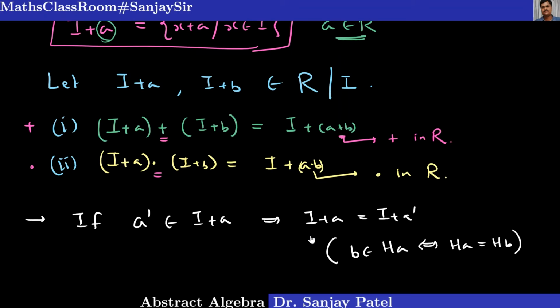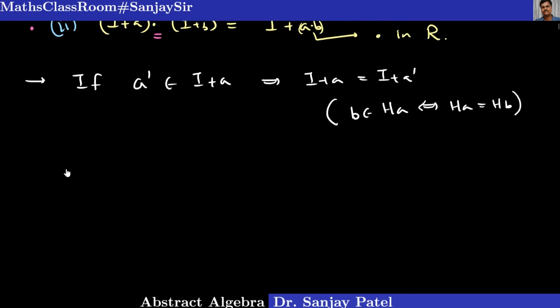So representation of a coset is not unique. The same coset you can represent in many ways. So one has to check the validity of this definition, because it should not depend on the different way of writing the same set. Suppose I write I plus a in this case, but if I change this to I plus a dash, then I must get the same value in the sum. In short, before we proceed, we must prove that the operations which we have defined here are valid, or independent of the representation of the coset. So I want to prove that first.